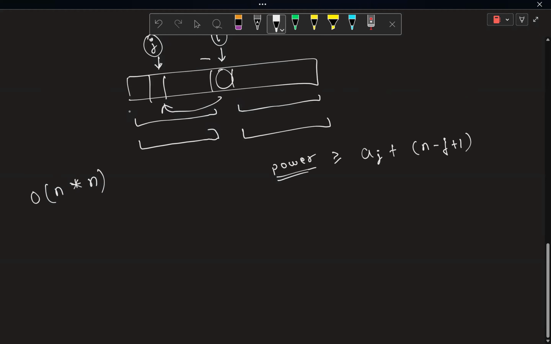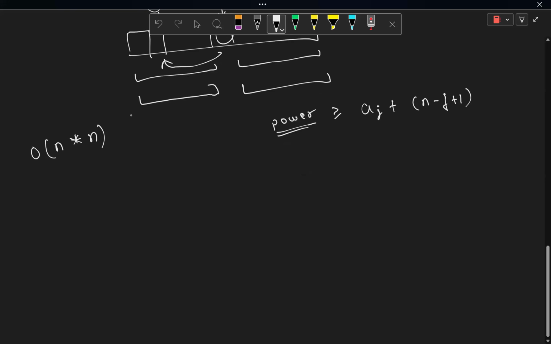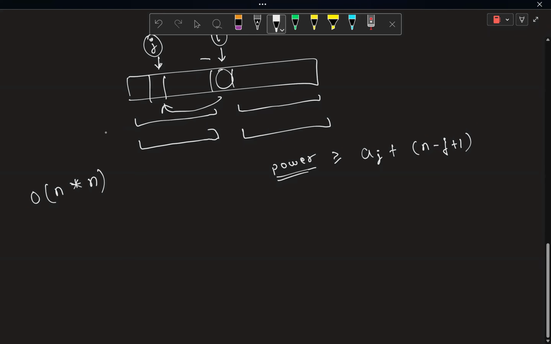I think binary search wouldn't work here. Like, how will you use binary search here? I don't know about binary search, but there is some better way. You can just see that for this element, what you cared about, yeah, prefix suffix. For this element,